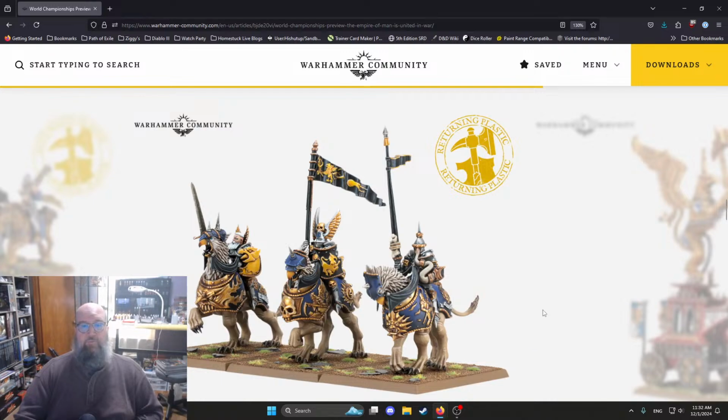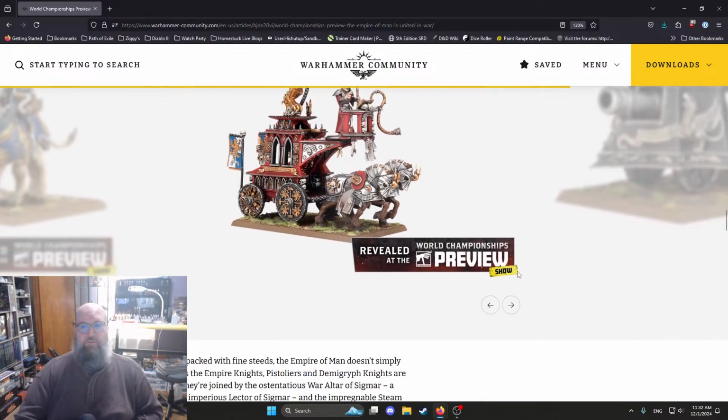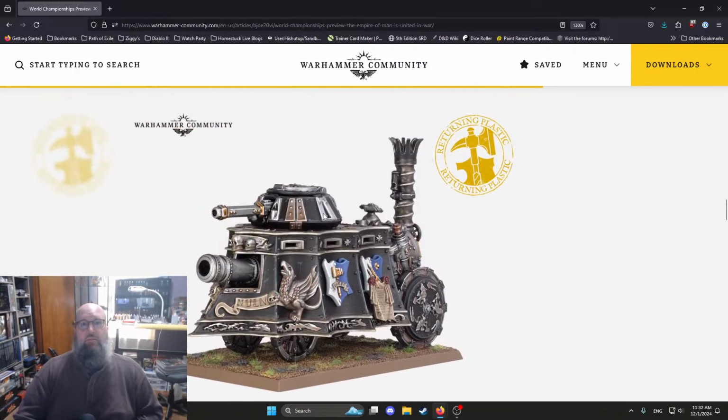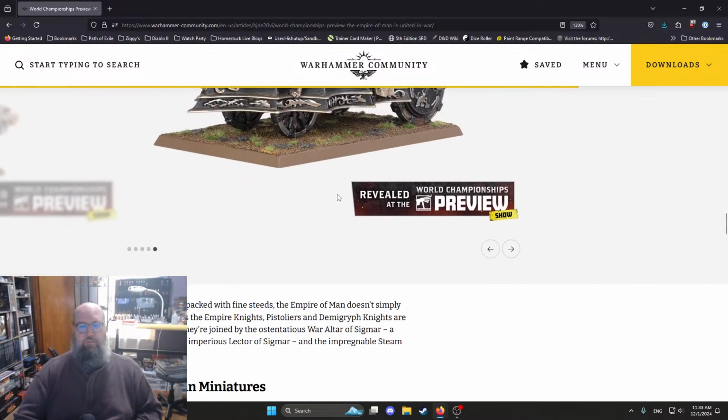Now, to be fair, a lot of these sculpts do still hold up. So while I think a lot of players would love to see some more refreshes, oh, this is returning plastic on this steam tank. It's my understanding the way GW works is their releases are often based just as much on the art and the way the art team and the sculptors are doing as it is on any kind of need. They'll definitely put the message out to their team, like, hey, we're getting a lot of fans clamoring for that Eldar refresh, but they release stuff when they think it's ready. Usually. I've had some doubts lately, specifically with Blood Angels, but